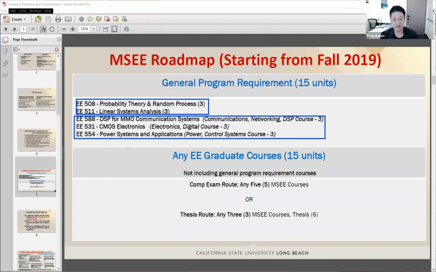If you search CSULB MSEE course schedule for spring 2022, you can check which classes were open among those 5. And in general, you can expect that those classes will be open in next spring semester, spring 2023. But again, some classes are open per the request of the student or the situation of the enrollment. So the best way is to check with the EE department for the class schedule and plan for the next semester.